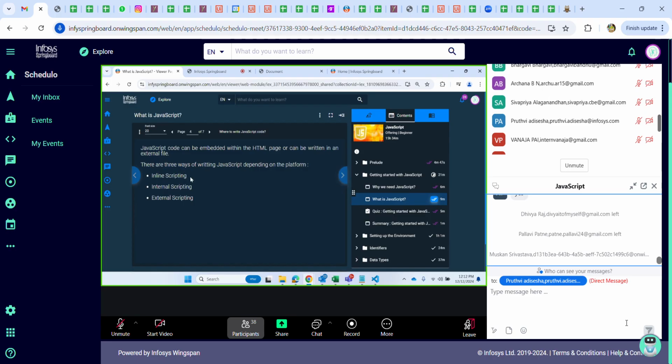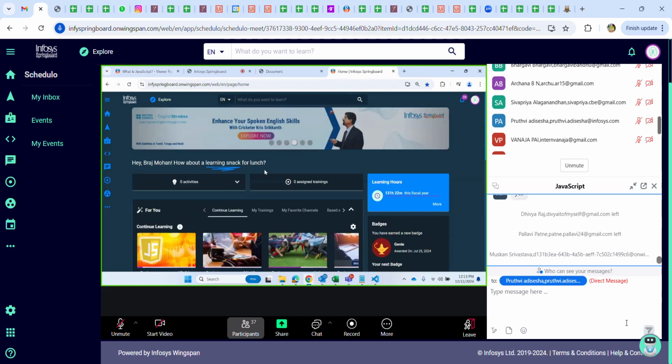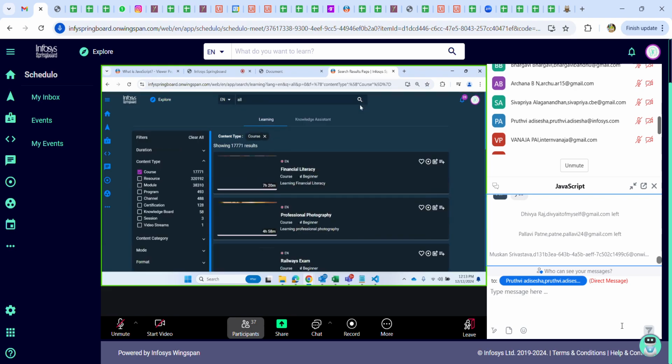But we don't follow inline scripting and internal scripting. The reason being, it has nothing to do with HTML. It's a purely logic part. So it's better to have a separate external file for better understanding, debugging of the code, and handling errors. External file will be a better use case, because if you are accessing your web page and you find some logic error related to JavaScript, for example, if I click on this search button and it's not working,